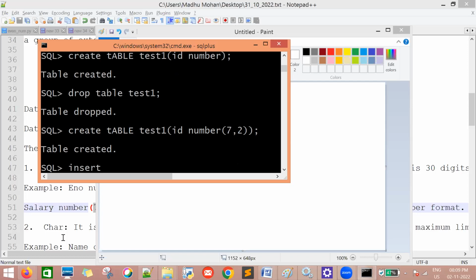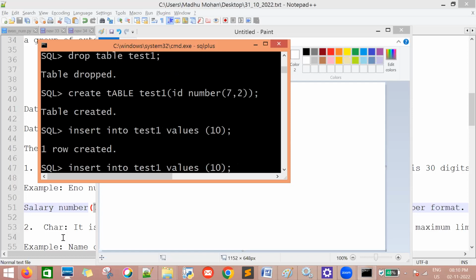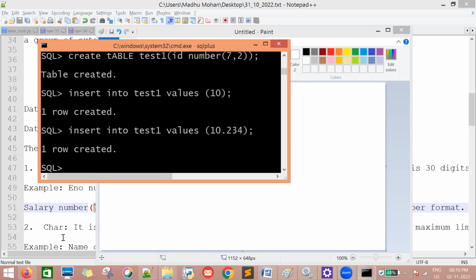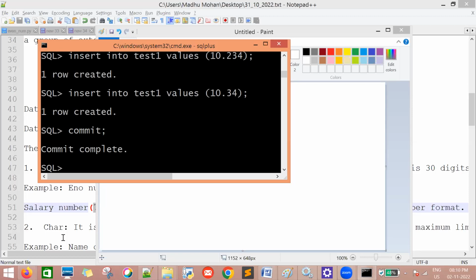While inserting or populating the data, I will insert 10; it will store 10. Then 10.345; I can store it, so values like 10.2 I can store. Then I'll do the commit, which permanently stores it into the DB. Okay, now if we observe,